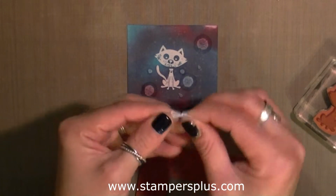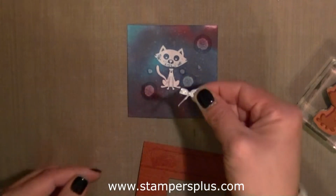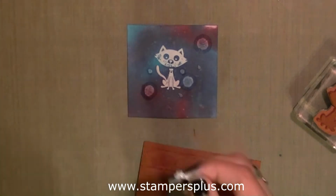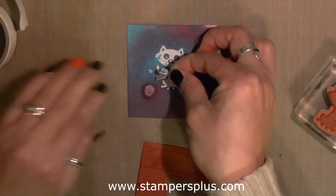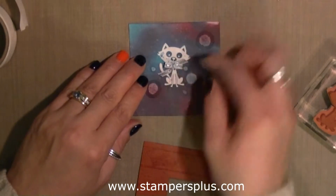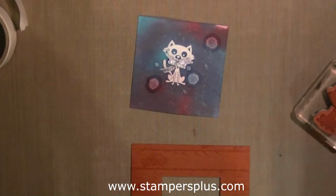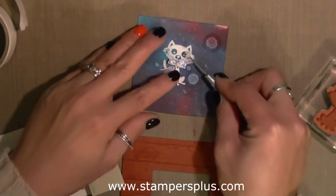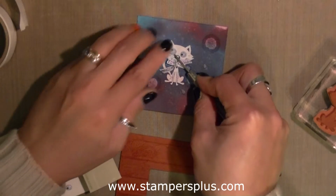So here I made a bow, and I'll link up the video to making this bow, and hopefully you can follow along, but it's basically using a comb, and I use a glue dot to glue this in place and add his little bow. Okay, and then taking the googly eyes and adding the 2 googly eyes onto this piece here. Okay,